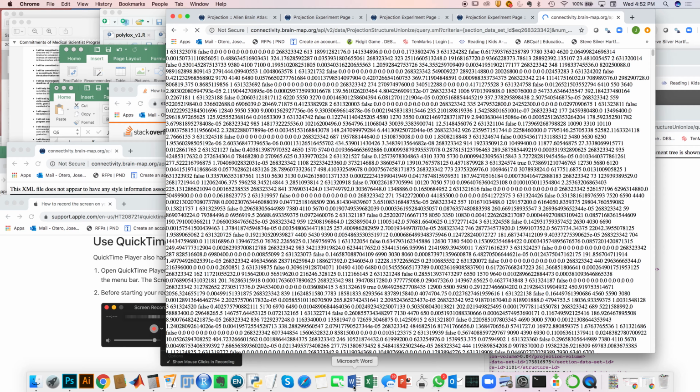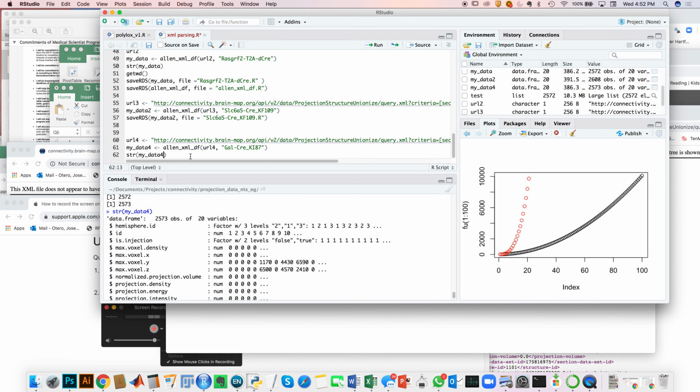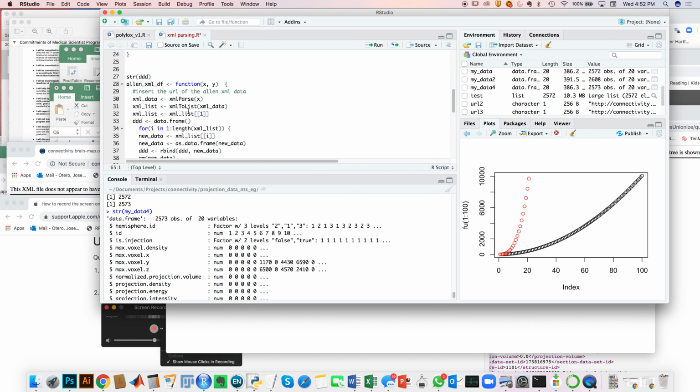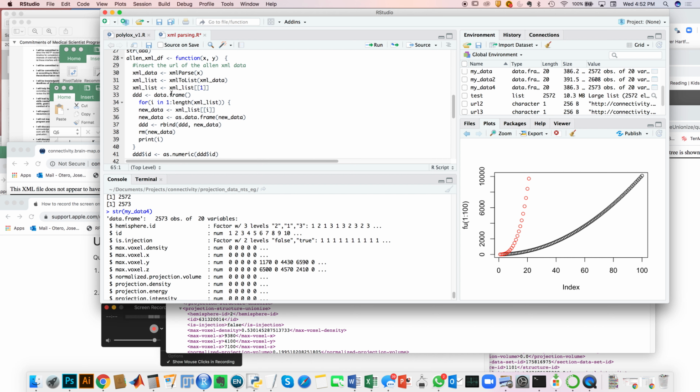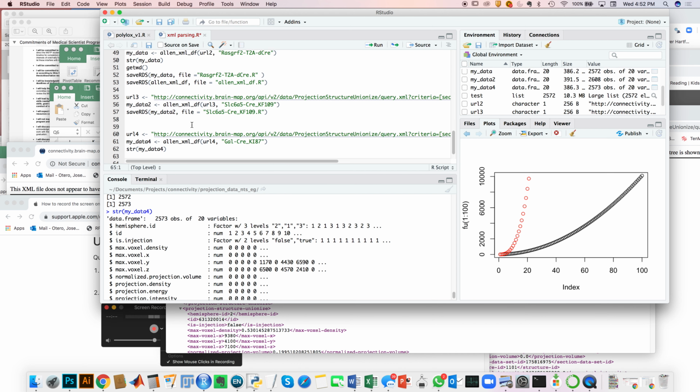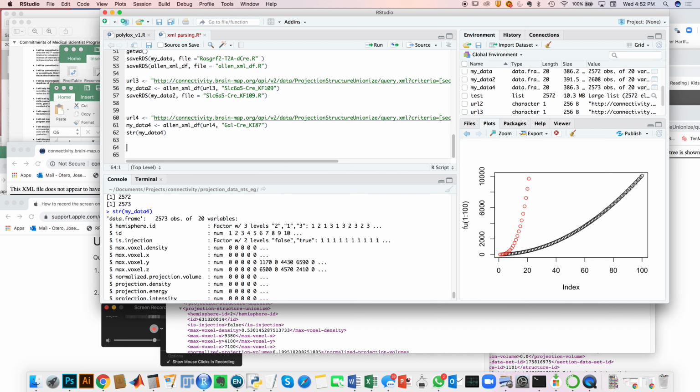So I wrote a function in R that takes the URL. I'll send you this file also, but here's basically my function where it takes a URL, it parses it to convert it to a list. Then it takes the item of the list and turns it into a data frame, into something that I actually want. And so here I'm going to call this URL5 is equal to,